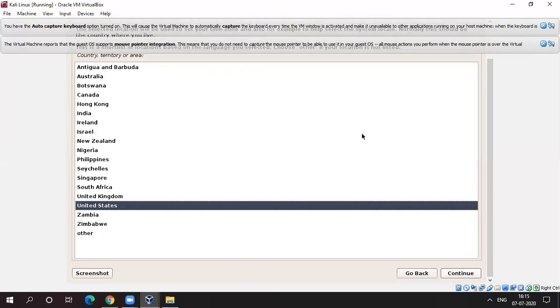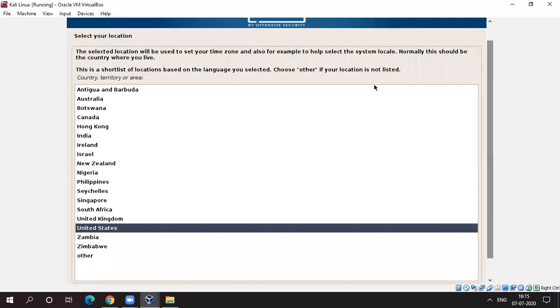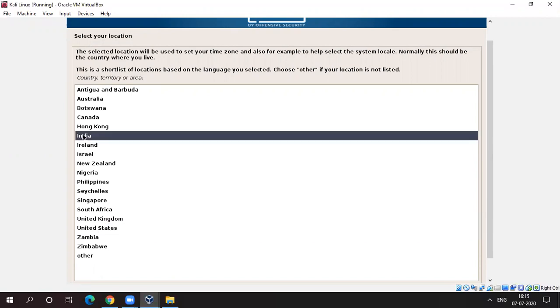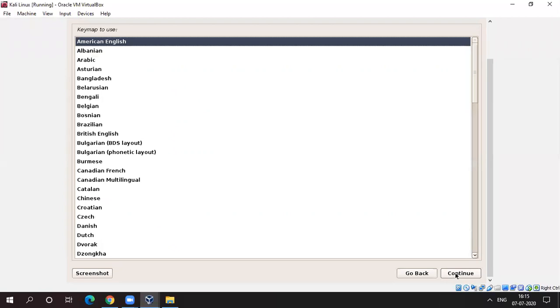Then here I have to check my location, that is India. So I will choose India here and click on continue. Now we have to configure our keyboard language.